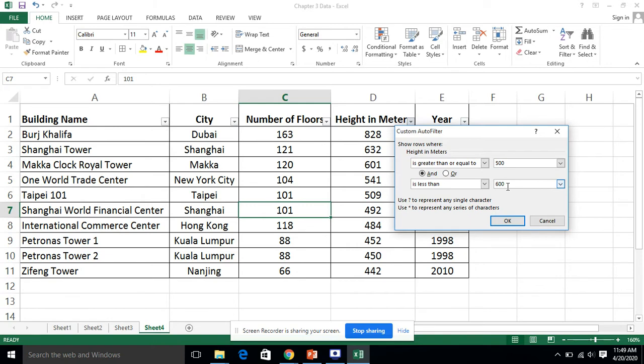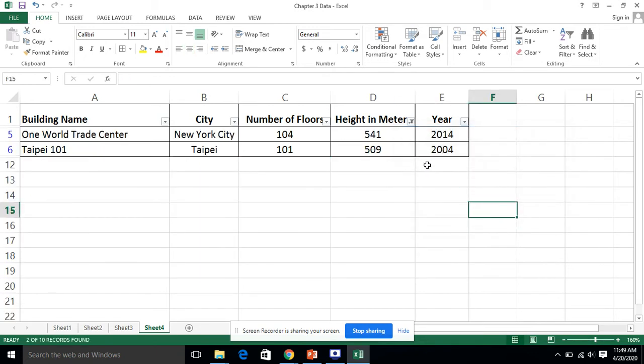So I am applying a custom criteria that the height of the building should be greater than or equal to 500 and less than 600. When I say OK, you will see there are only two buildings in this range. These are the two buildings.